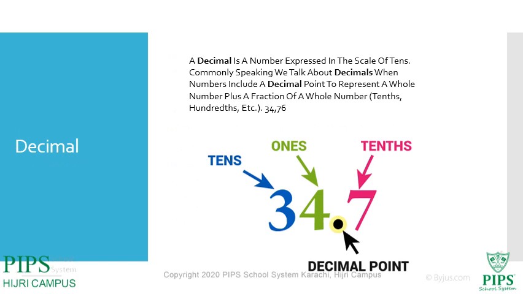This is the definition of decimal, that is, how a decimal number is expressed and how we will read decimal numbers in the place value chart. Yes, before the point values will be known as ones, tens, hundreds, thousands and millions, but after the decimal point values will be known as tenths, hundredths, thousandths, millionths. Okay, this is how we will differentiate the values before the decimal point and after the decimal point.